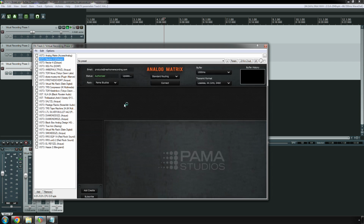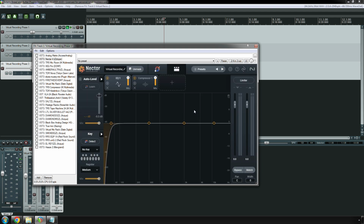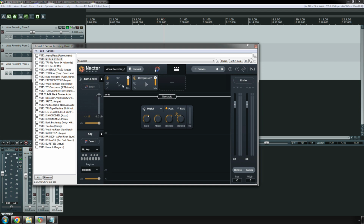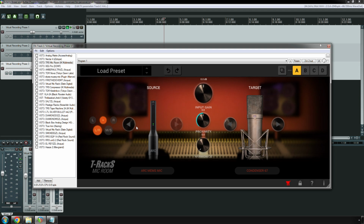Don't get me wrong. Nectar is the vocal mixing equivalent of Ozone. Actually, I think Nectar, man, this is a tough one, because Nectar actually has a lot of cool tools that either don't exist with other plugins or I don't have myself with the other plugins. So this might be a maybe. Oh, this was the one I'm going to have to delete, because for some reason when I click it, number one, the sizing changed from what I had it on. Anyway,